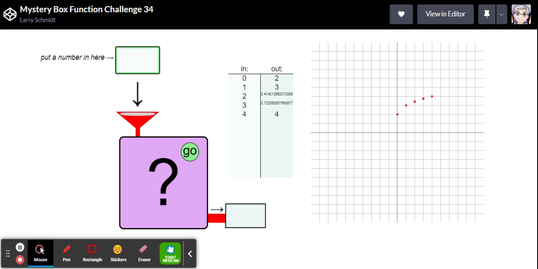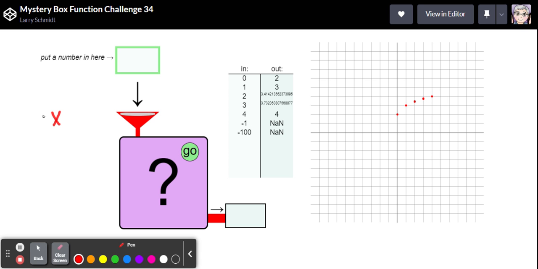What do you think will happen if I put in a -1? This is maybe part of a giveaway here. What do you think will happen? So we get not a number. So we did something that showed not a number for all the negatives before. This is going to be the same, I'm pretty sure. I'm going to put in -100. It should be not a number. Yeah. So this function that can't accept negative numbers and produce anything that makes sense is the function square root